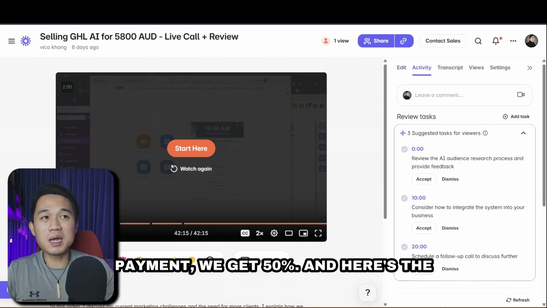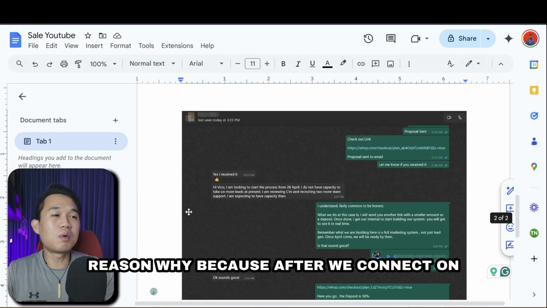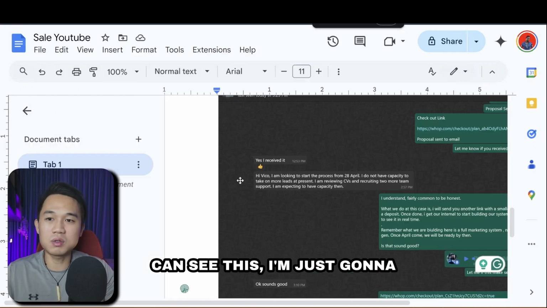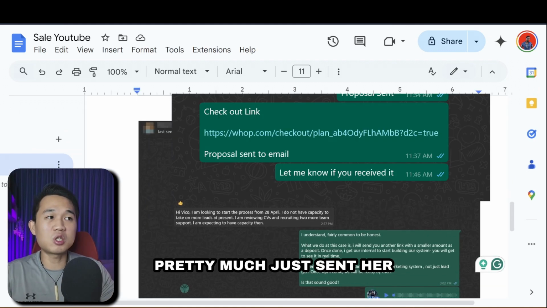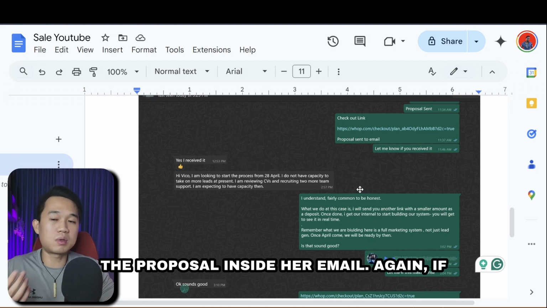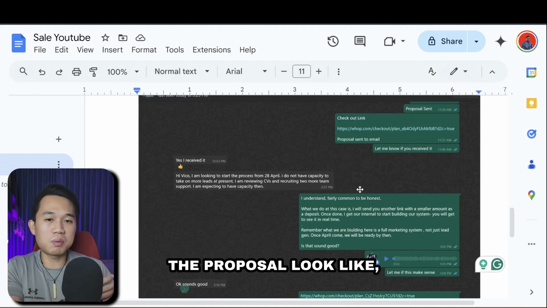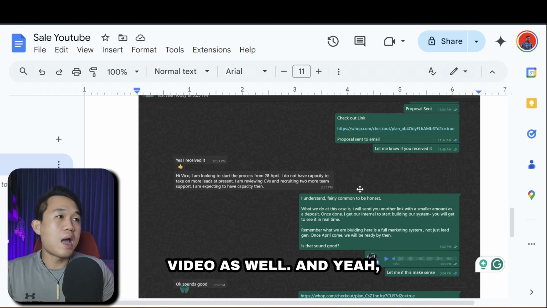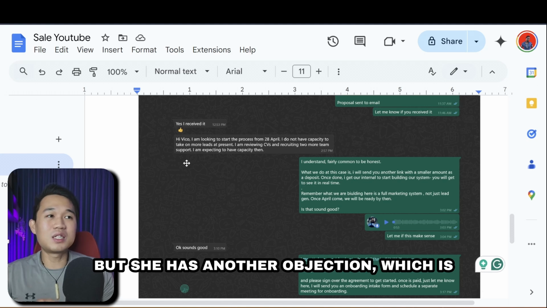We didn't get the full payment. We got 50%, and here's the reason why. After we connected on WhatsApp, I sent her the full payment link. Hopefully you guys can see this. I'm just going to zoom in a bit. So after the Zoom, we connected on WhatsApp. I sent her the payment link, and I sent her the proposal in her email. Again, if you want to know what the proposal looked like, I'll link the video somewhere around this video as well. She said she received it,